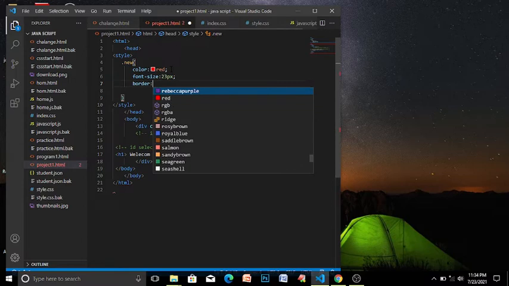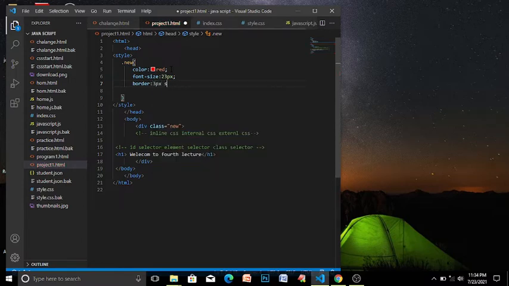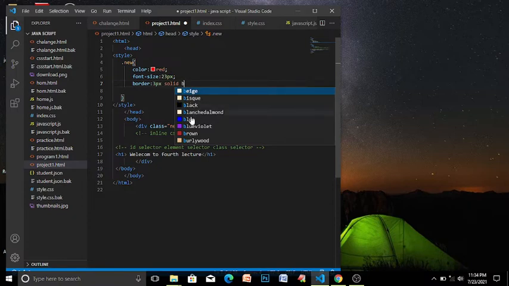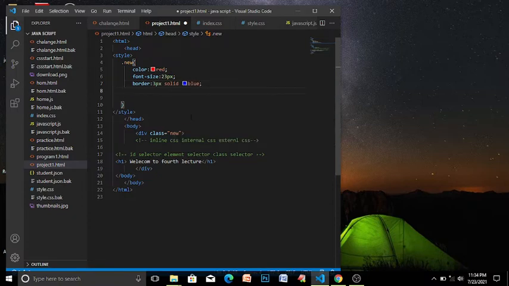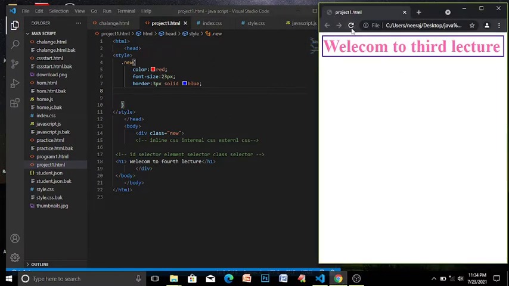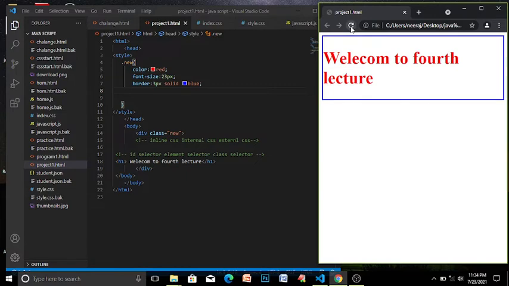Border 3 pixel, solid blue, and it's enough. Save it, open the browser and hit refresh. You can see the properties of this program have changed.